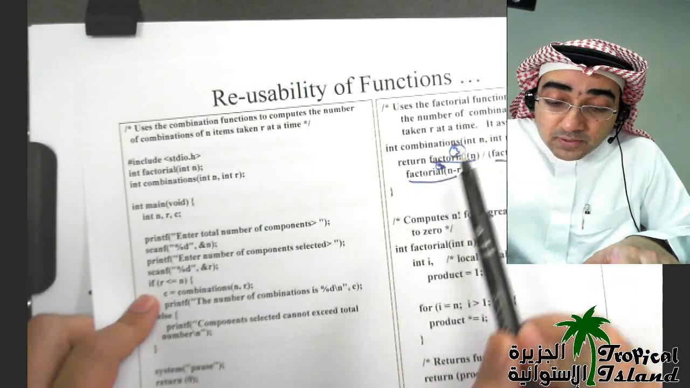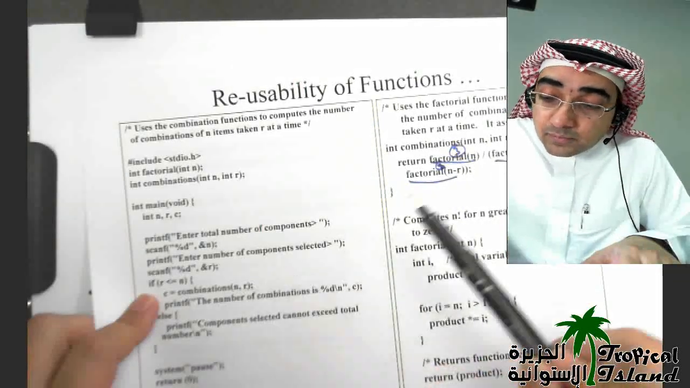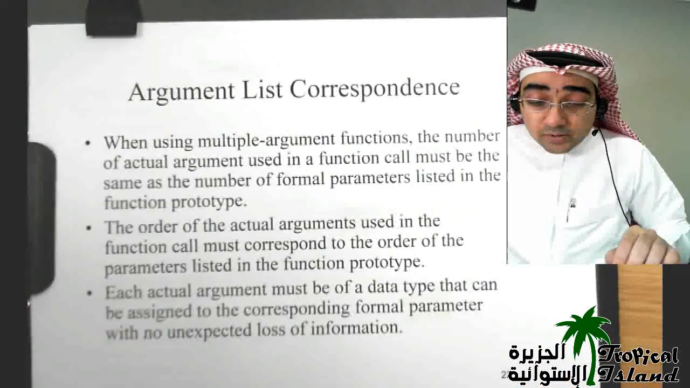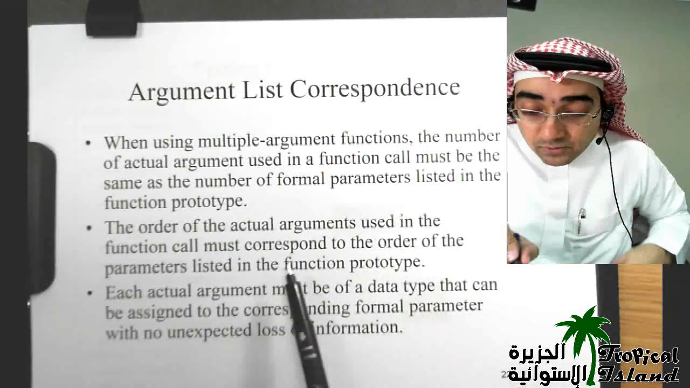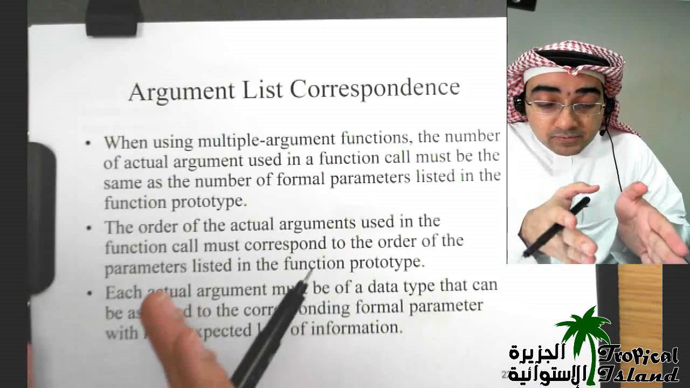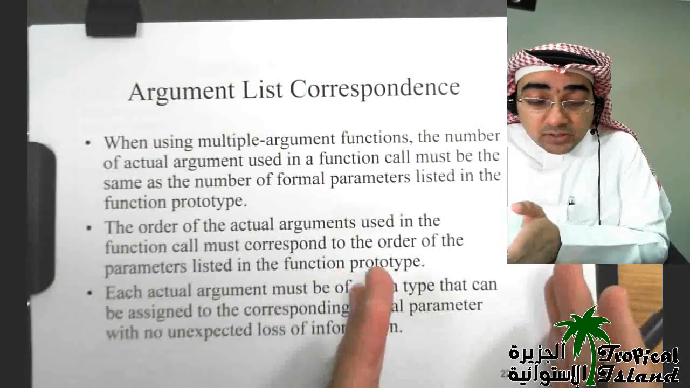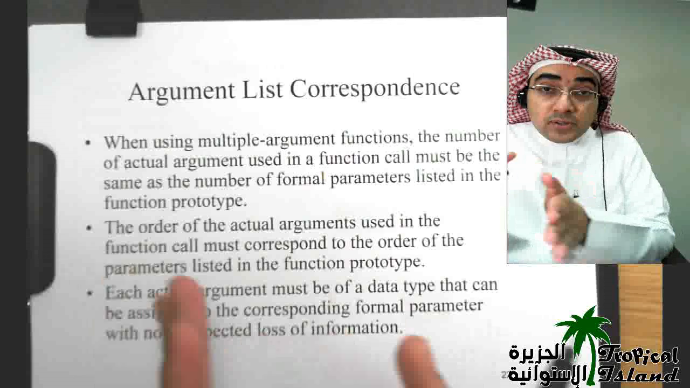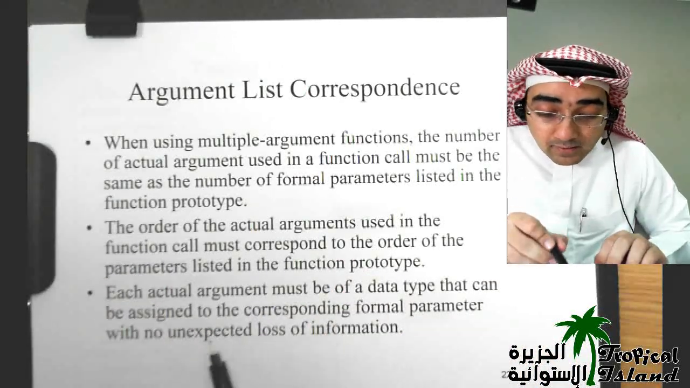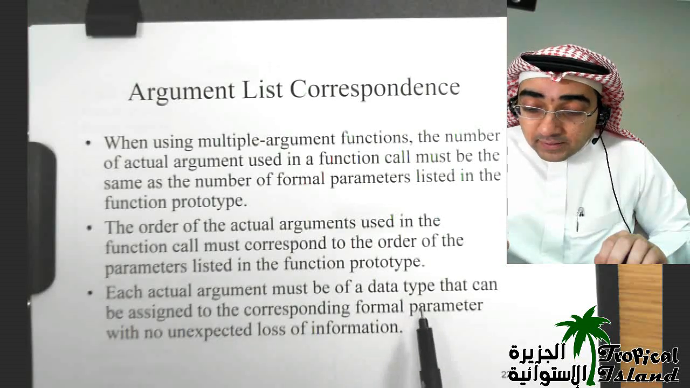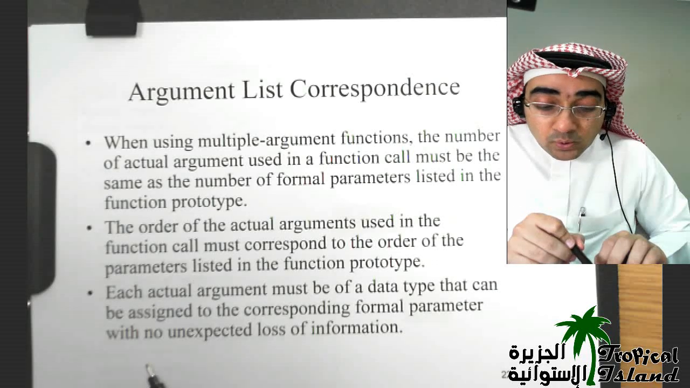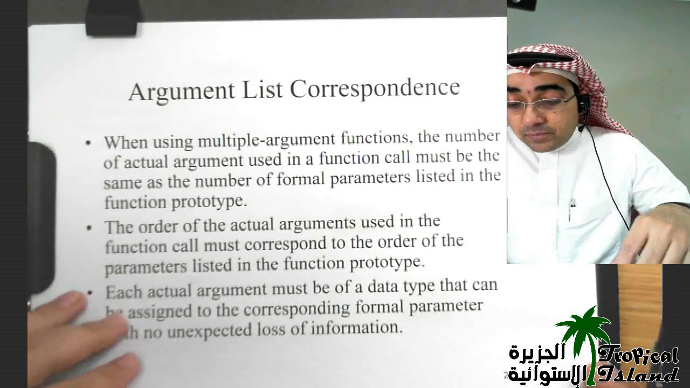The first number is always going to be stored in the first parameter, the second in the second, the third will go to the third, the fourth to the fourth, and so on. Okay, so the order of actual arguments used in the function call must correspond to the order of the parameters. So if you declare that you have to pass a double and then an integer, please make sure that you pass the double first and the integer second. Okay, don't cross and change. Each actual argument must be of a data type that can be assigned to the corresponding formal parameter with no unexpected loss of information. Okay,